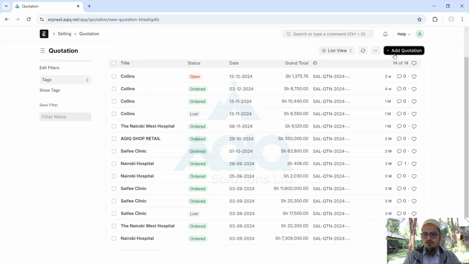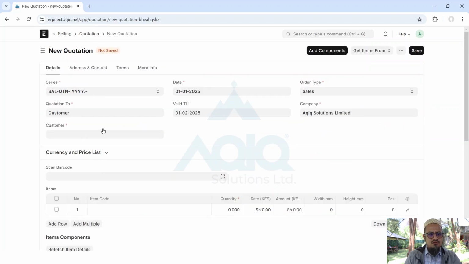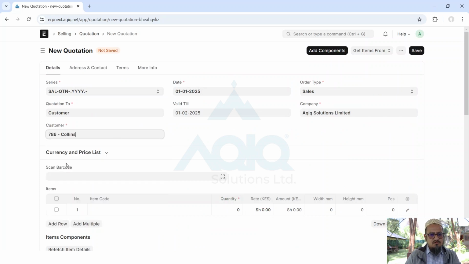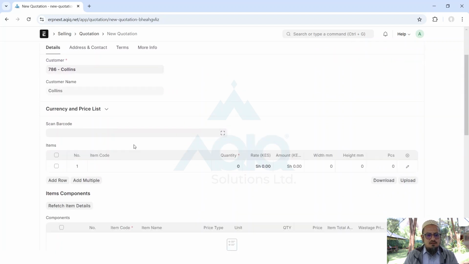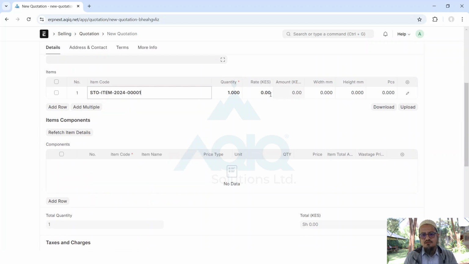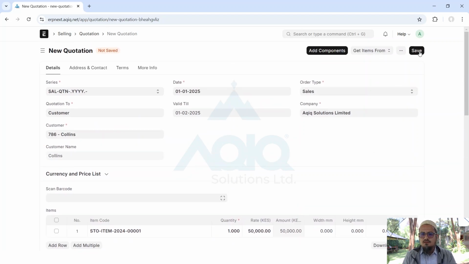We can actually make a quotation here. Let me make a quotation here, and then we work on this quotation till the end. So let's say I'm making a quotation for Collins, and now why Collins? I don't know, it just came as a first name, so I selected Collins. Let's say I want to sell him an equipment, for 50,000. Okay, I save